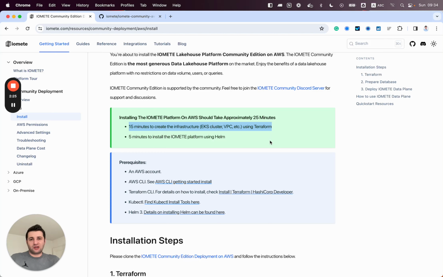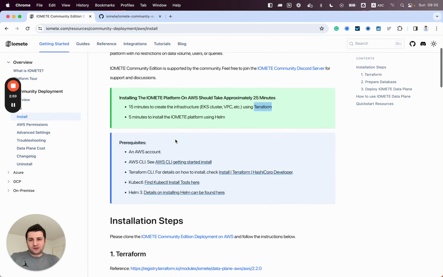Terraform is creating AWS infrastructure like VPC, like EKS cluster, S3 bucket for lakehouse data storage, and roles for EKS to get access to EKS compute and to these S3 buckets. And then once the AWS infrastructure is ready, you deploy the iamid platform using Helm, which takes about 5 minutes in the first installation. For later upgrades, it should take less than a minute.